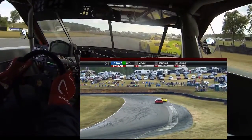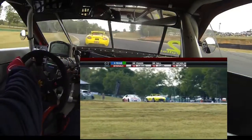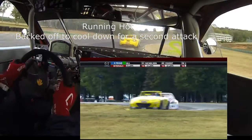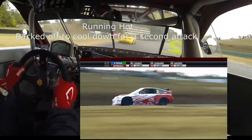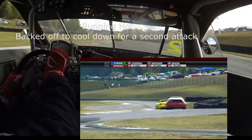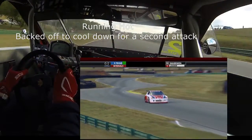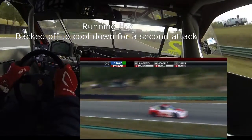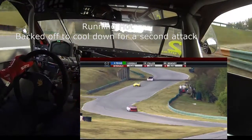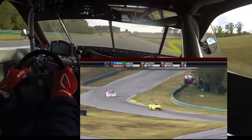Fastest car on the track the last 3 laps in a row is Graham Fuller. So that front-wheel drive CRX semi-tube frame car is really fast right now. He's done a good job managing his tires, keeping the car underneath him. He's one of the few that hasn't had much drama, so that car has had a nice clean race. Got a little behind in the S's there and has to rally that, but that car's been fast in a straight line every lap we've seen it, and he's got to just tuck up underneath Goodale. If he can get down the back straight, pull by that MX-5, he'll be in a good spot for a